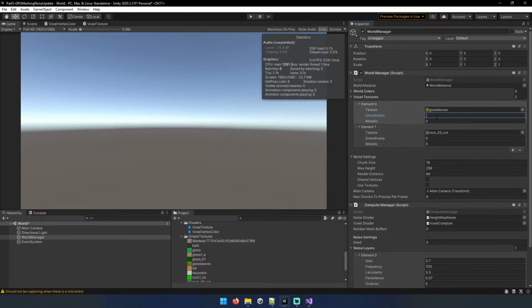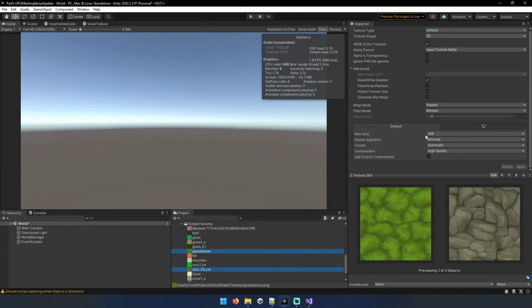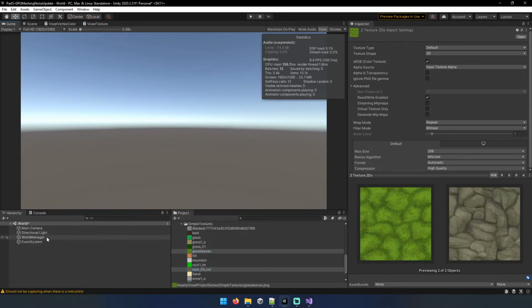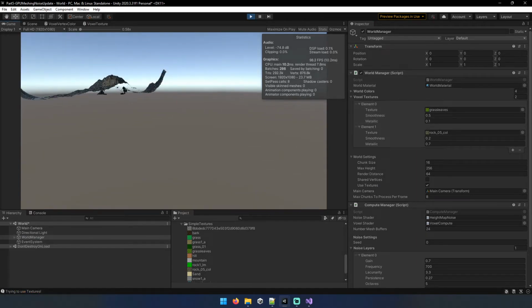We'll set our smoothness on our grass to 0.5, metallic to 0.1, and then invert that more or less for our rock. Then we want to go ahead and verify that our grass leaves and rock textures are both max size at 256, high quality compression to make sure that matches, read write enabled, and no mipmaps being generated. Then we'll go ahead and toggle on use textures, and we should, if I did anything right,